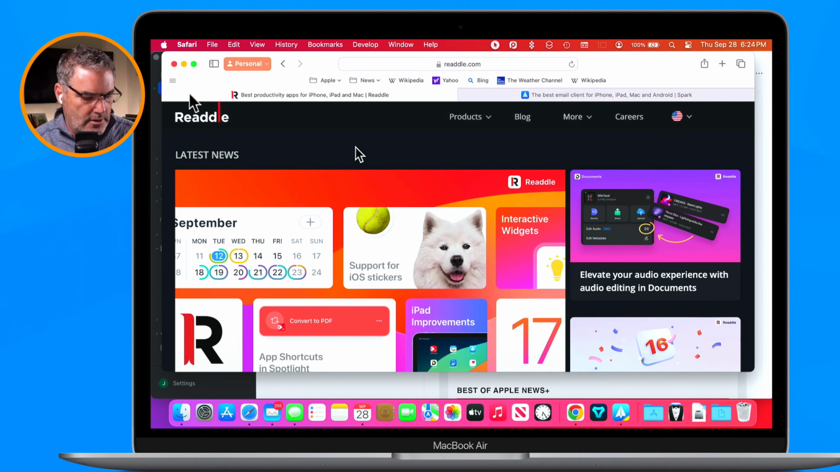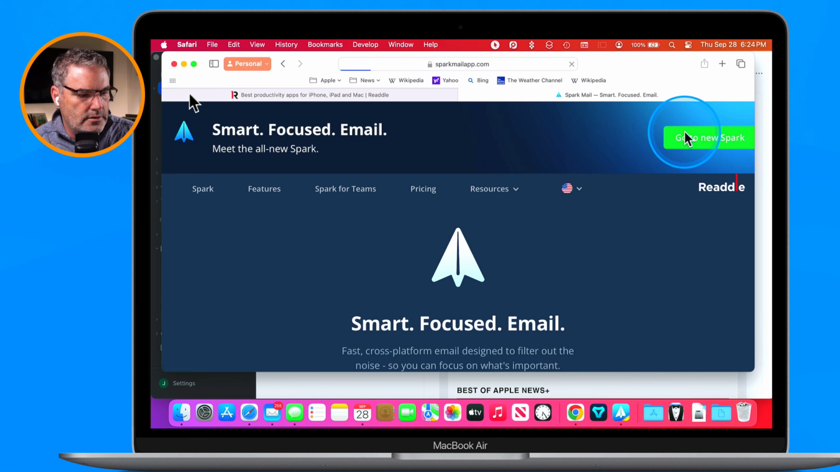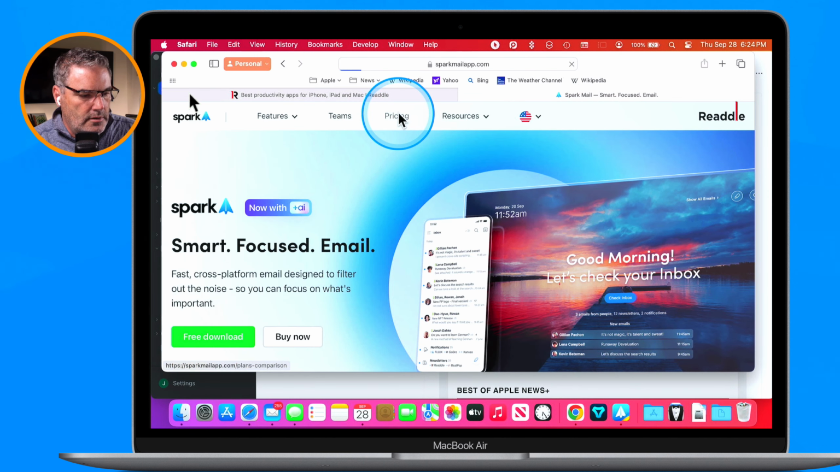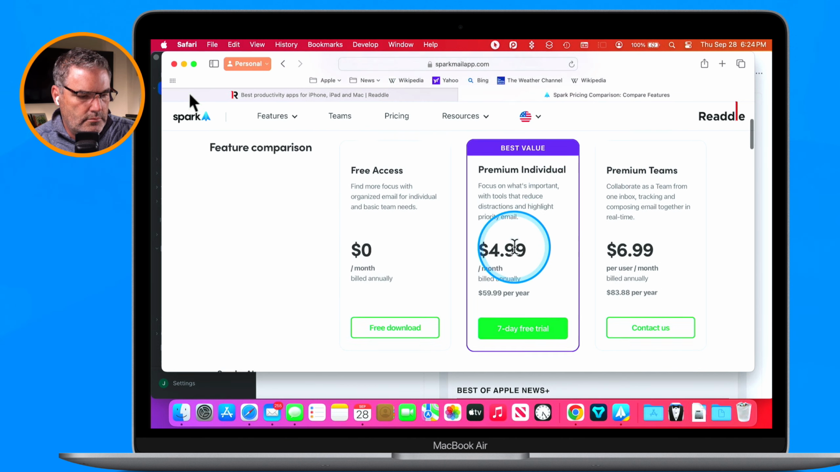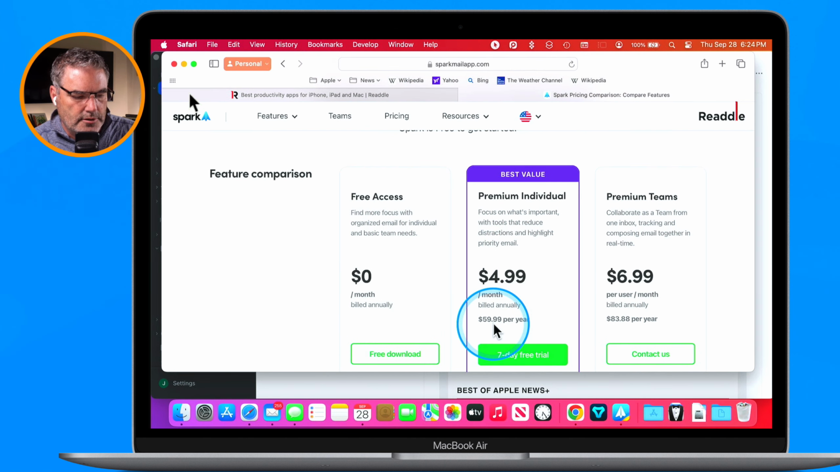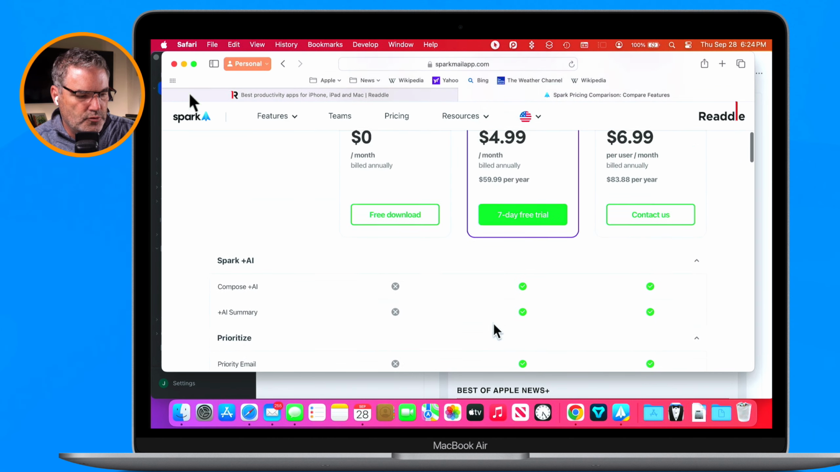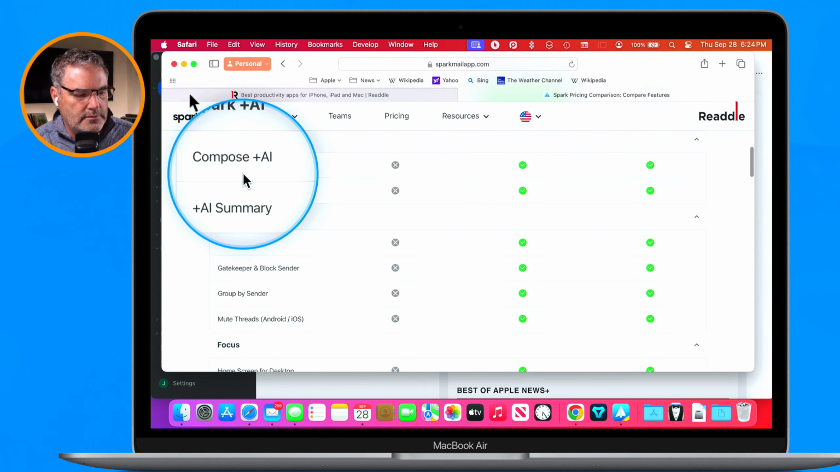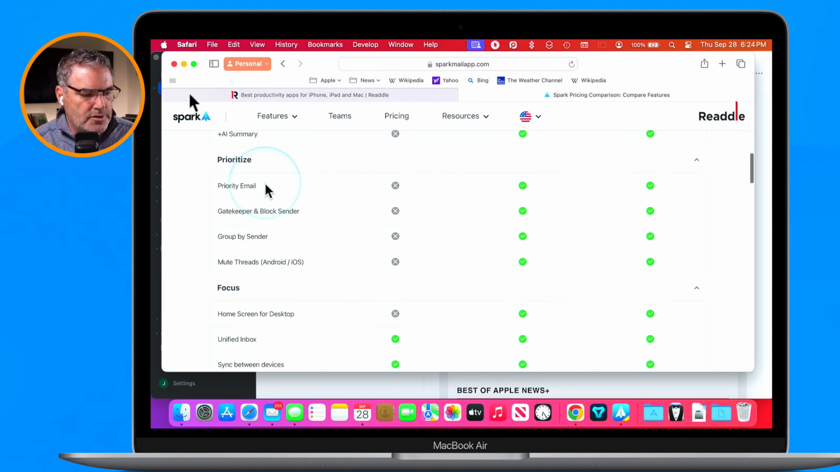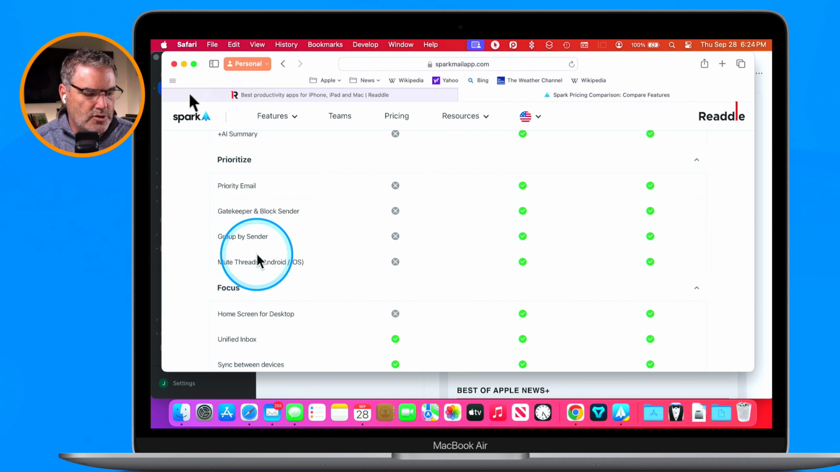And how much is it? Let's go to the new Spark. Pricing. $59 a year. And here's the differences between them. So the free access, you don't get this. You don't get the AI, of course. You also don't get the priority email. The Gatekeeper you don't get. Group by sender. So all those little things that help you